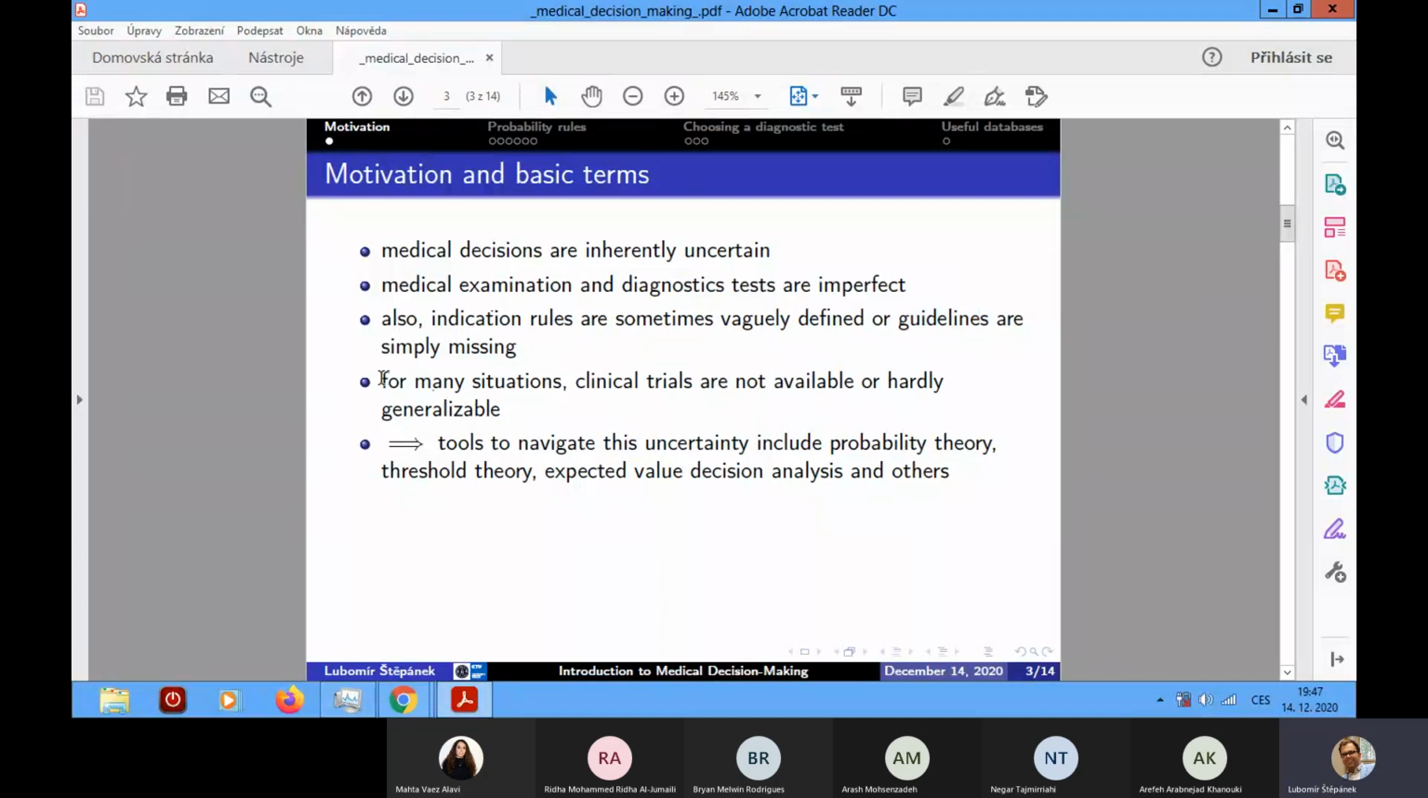Okay, another motivation, or another clinical issue which is rather frequent, is that in many situations, for example, we have some kind of special situations such that there are no clinical references or literature references, or for example, clinical trials, and you know the clinical trials are just the best possible designs of clinical studies. So the well-defined clinical trials are not available, or they are just simply hardly generalizable to